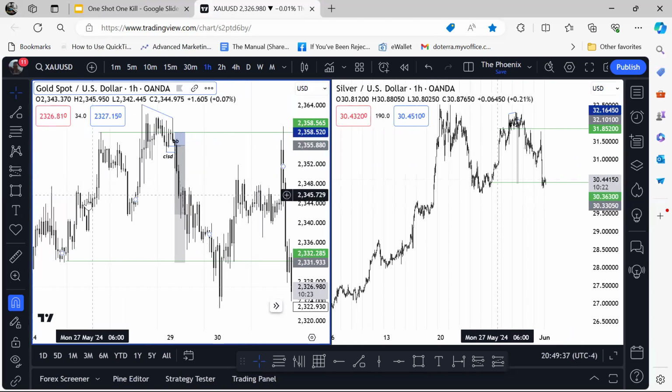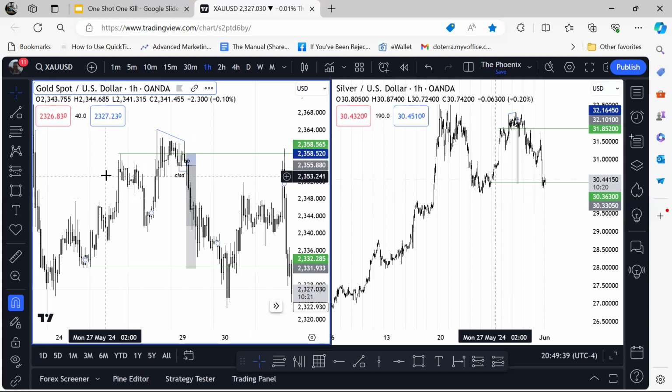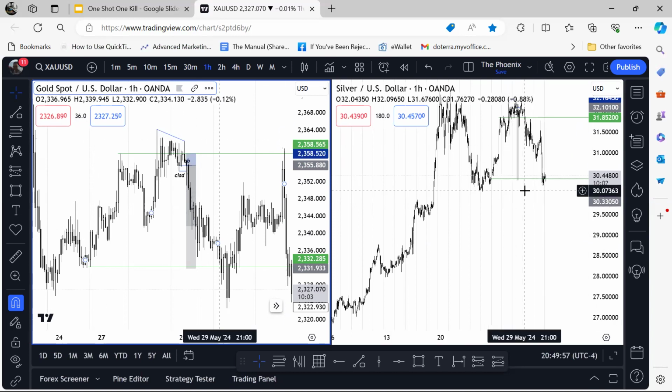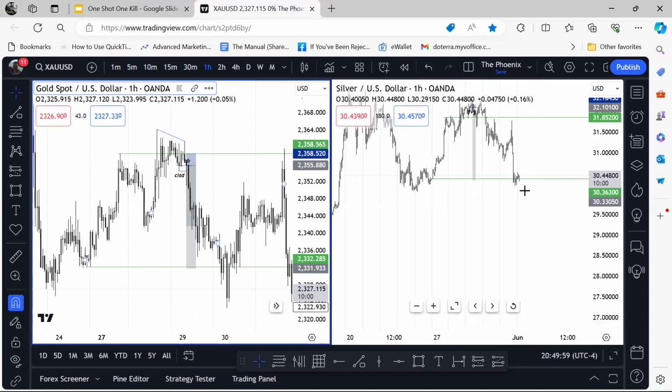So what happened was we had the high and the low. The green lines represent the high and the low of the week starting on Monday. On Tuesday, gold set a high. Wednesday set a low, and then another high, but that high didn't break Tuesday's high. But at the same time, on silver,